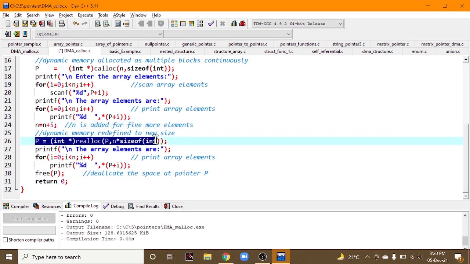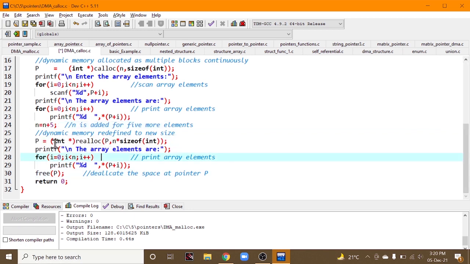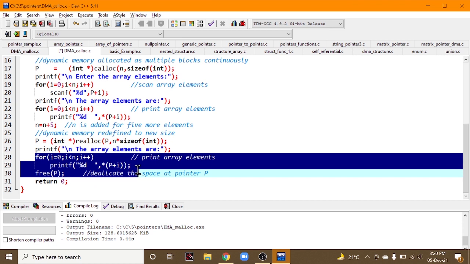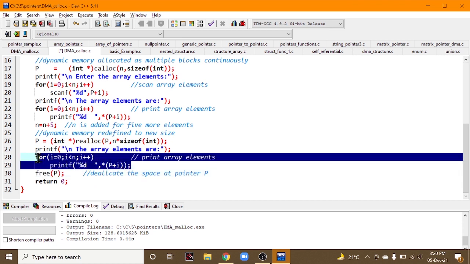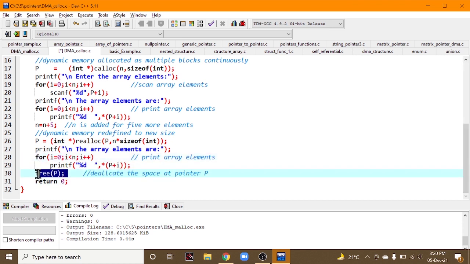So I am using the realloc function. Now p must hold realloc of p comma n star sizeof int, since n now holds 5 more elements. And now you can print your array elements, the more array elements, and this is freeing up or deallocating the space.